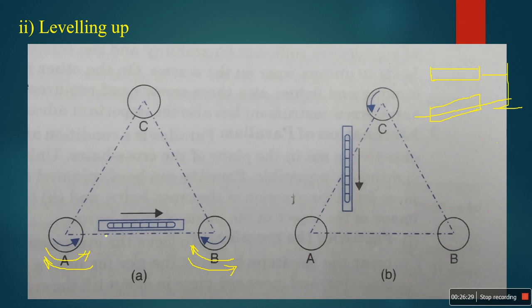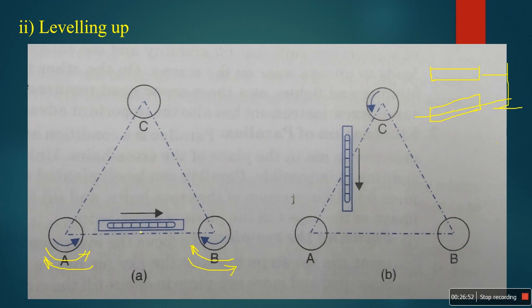You can rotate inside first, then the bubble moves to the center, and then you can continue. If it is not, then you have to rotate these two foot screws both outside at the same time. Don't rotate the individual foot screw. At the same time, these two screws will be rotated inside or outside.